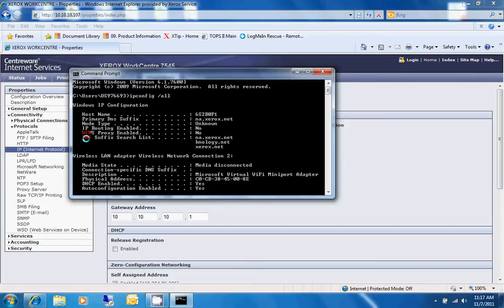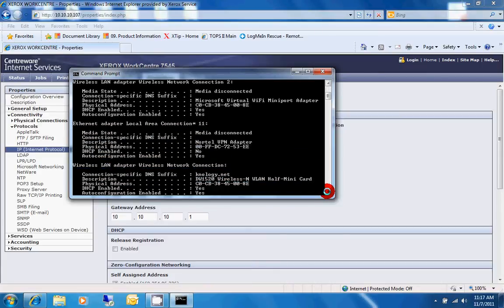What I really want to look at is the DNS suffix, the primary here, but we have additional here. If we have information populated here, we want to jot that down. There are some cases where this will be blank, and if it's blank, I'll cover that shortly. But when we have information here, we want to jot it down. For this particular example, I want to focus on the Knowledge.net DNS suffix. So I'll jot that down. Now I'm going to scroll down and look for my